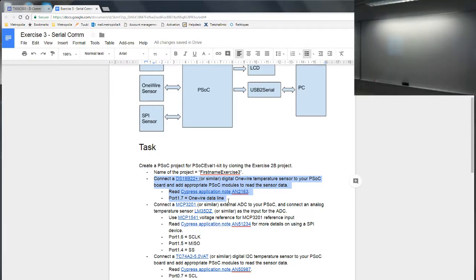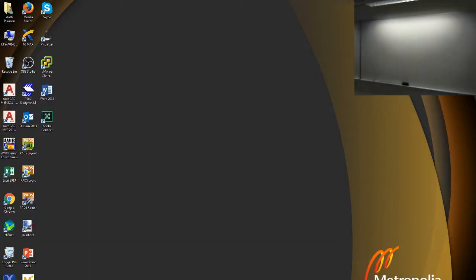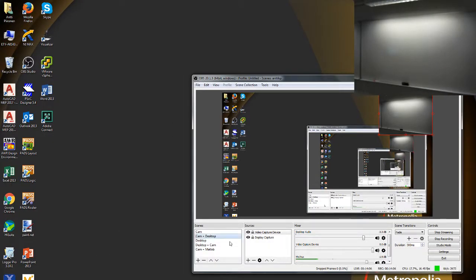Okay, and then when you have that value on the LCD, that would be a good point. You already have one, right? How about you? That would be a good point to try to send the data to the computer. So how to transfer data to the computer? We will be using, let's see, just for fun,